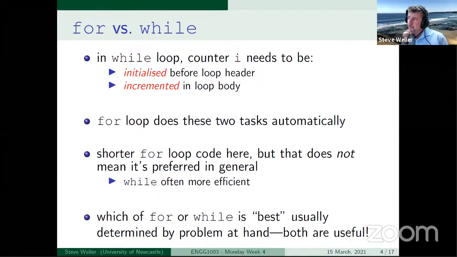The while loop will only run as long as the condition's satisfied. So it might well be that you're able to write a while loop that, as soon as it calculates an answer or finds something, then there's no point in continuing the iterations on out to the end of the list. So it's often the case that the while loop is more efficient.